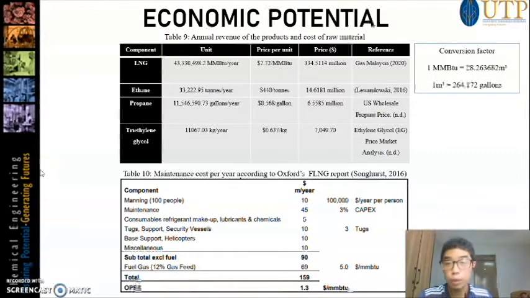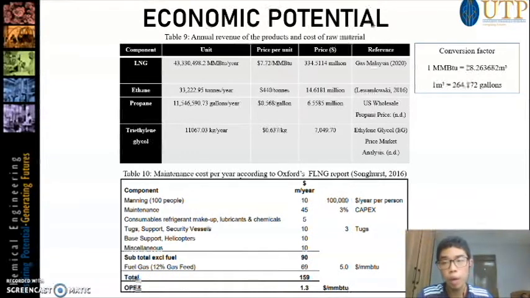Next, I would like to elaborate on the economic potential of the plant. The profit and cost of products, byproducts, and raw materials are listed in Table 9, Annual Revenue of Products and Costs of Raw Materials, while Table 10 shows the maintenance costs required per year of an offshore plant. As stated in the report, 12% of the gas extracted was used as fuel gas to reduce the cost of